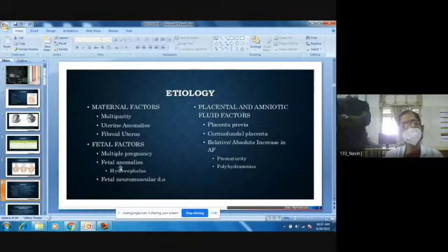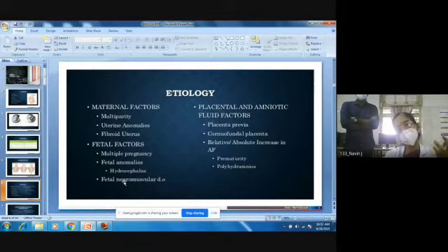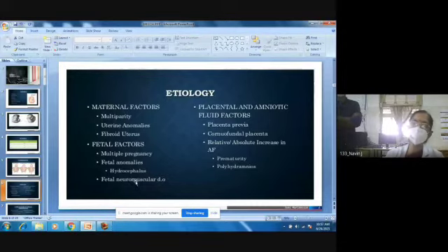Coming to fetal factors, when you have multiple pregnancy, more chance of breech and other malpresentations. When you have anomalies in the baby like hydrocephalus or anencephaly, more chance of having a breech presentation. Then any neuromuscular disorders in the baby, which prevent the baby from kicking and undergoing spontaneous version. Any myotonic dystrophies in the baby can also present as a breech presentation. The placental factors: any major placenta previa, where the major chunk of the placenta is lying in the lower uterine segment, so the baby cannot turn around and become a cephalic presentation.